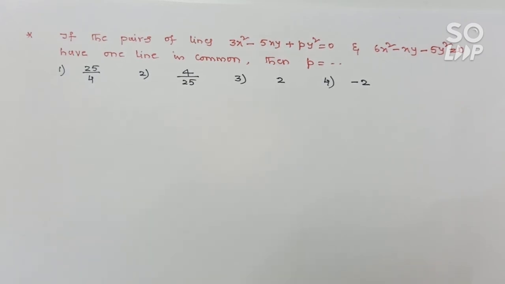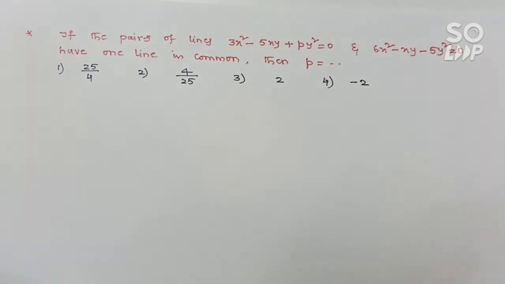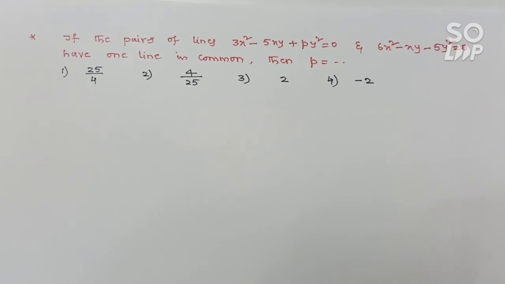Now you can do this problem using what we discussed previously, the condition when two pairs of equations have a common line. By using that condition you can find the p value,